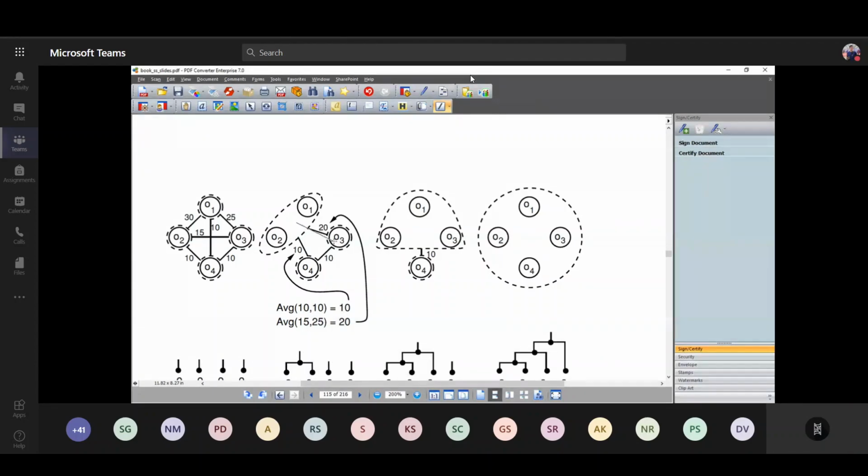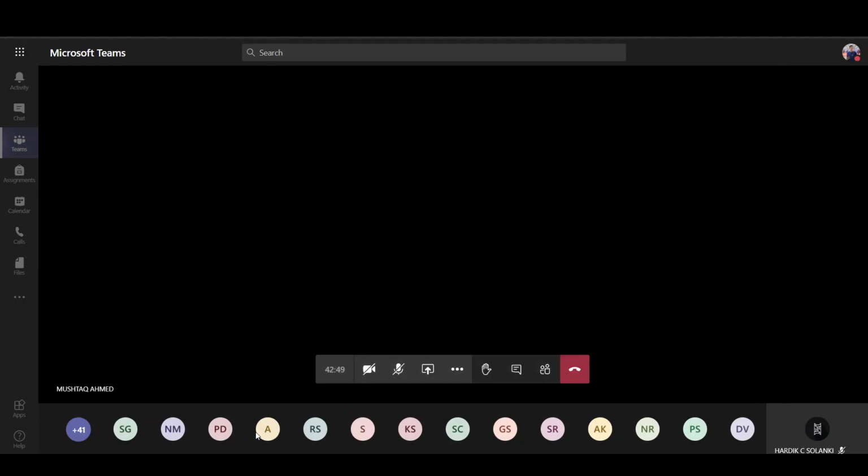So as you can see over here, objects 3 and 4 were connected with object 1, and this is giving that cost, if that is 15 and 25, because this O2 is combined with the O1, and O3 is connected with the O2, O3 is connected with the O1. So the average distance between this now becomes 20 instead of 25 and 15 respectively.